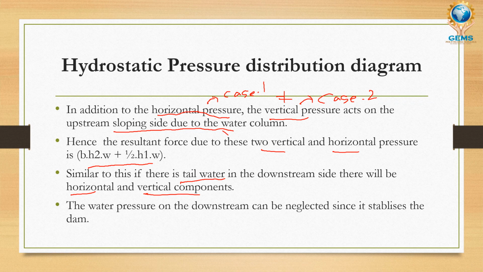The fourth point explains that the water pressure on the downstream side can be neglected, because the water behind the upstream side exerts more pressure and literally exerts a force on the back side of the dam. But if the water flows to the downstream side, there will be literally no problem to the dam. The water will easily pass away, and it does not affect the dam's foundation or any of its structural components. This is the fourth point.